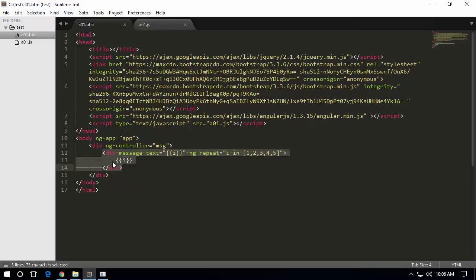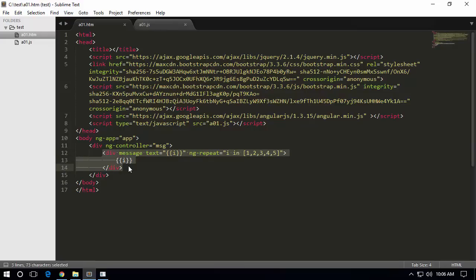Which means after the compilation, the template gets instantiated. In this case, we are using ng-repeat, which means this template gets instantiated 5 times, because I am using 5 values here, ng-repeat iterates 5 times, and thus the same template gets